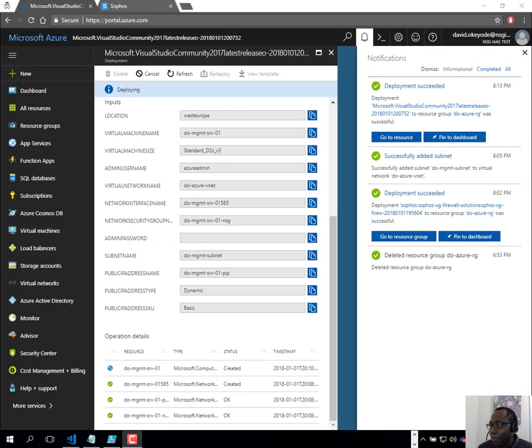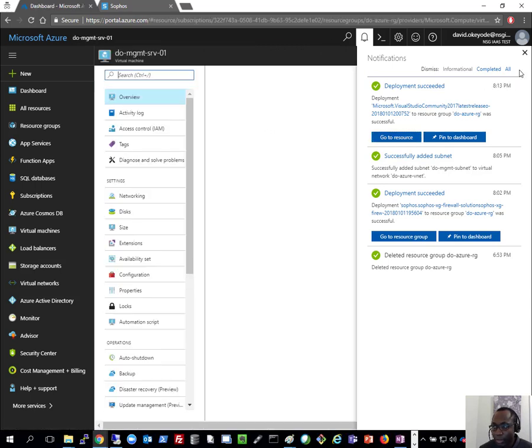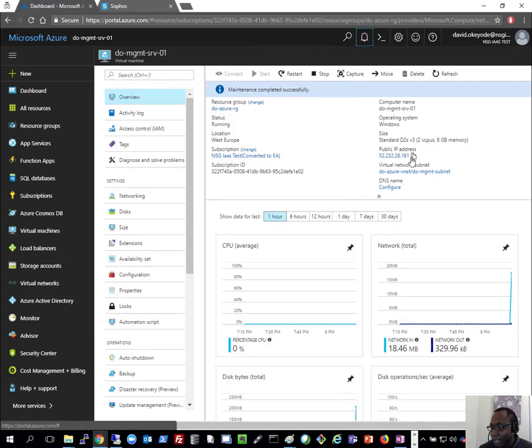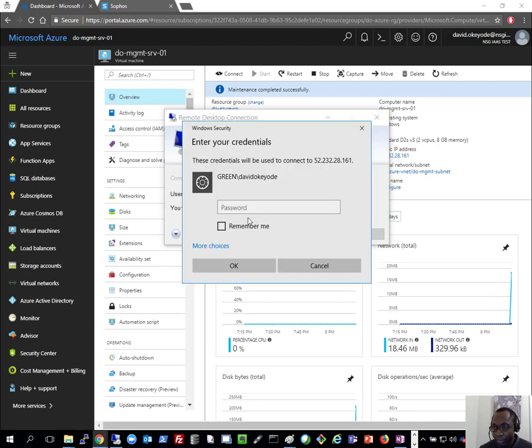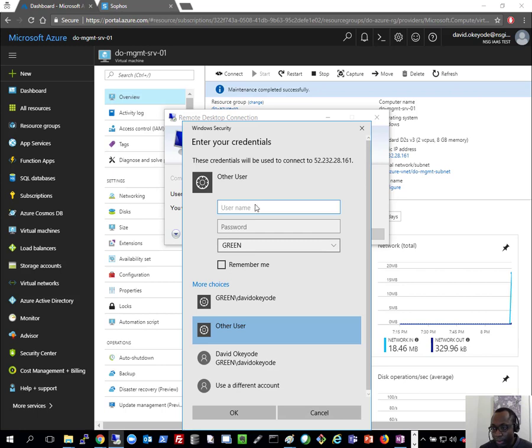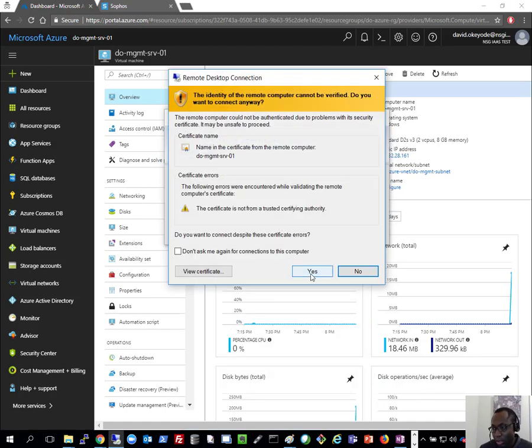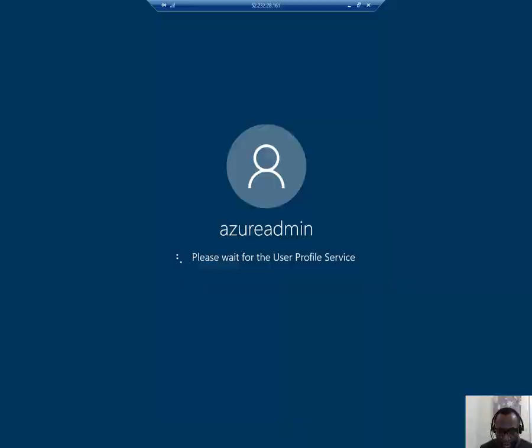So the deployment completed now. So what I can do is I can go to my resource, which is my Windows management server, get its public IP address and connect to it via RDP. So I have my username and my password ready. So let's go for the user. And while that's coming up, because it may take a while,